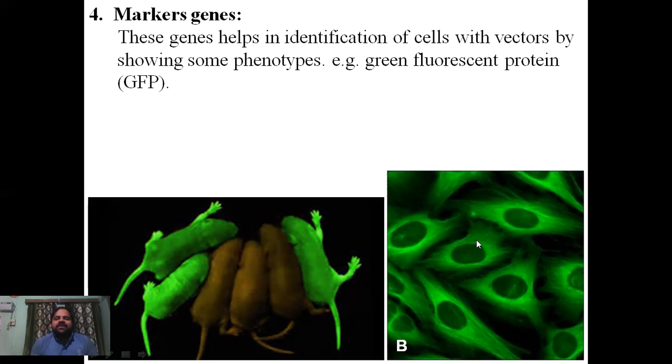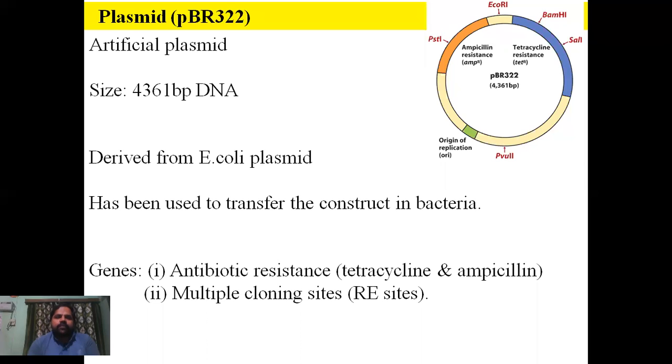So we can identify that particular animal or cell which will have this vector system. So we will discuss some of the cloning vectors. Means we have multiple options of these vectors. So first is plasmid, and the particular plasmid is PBR322, and we will see here the structure of this